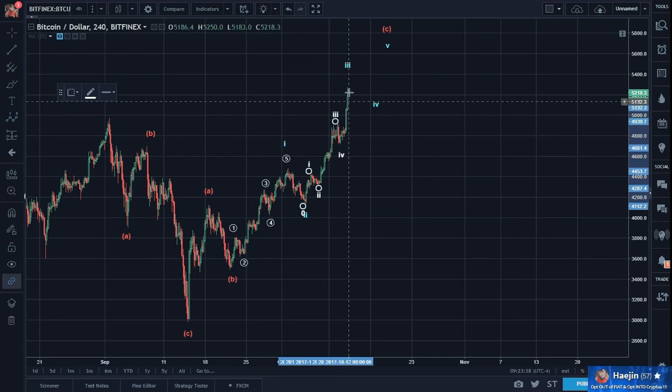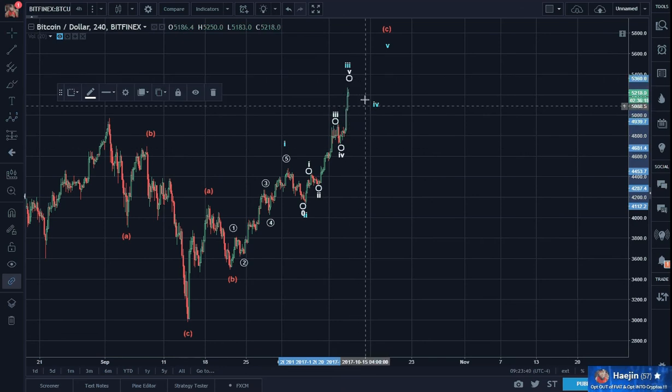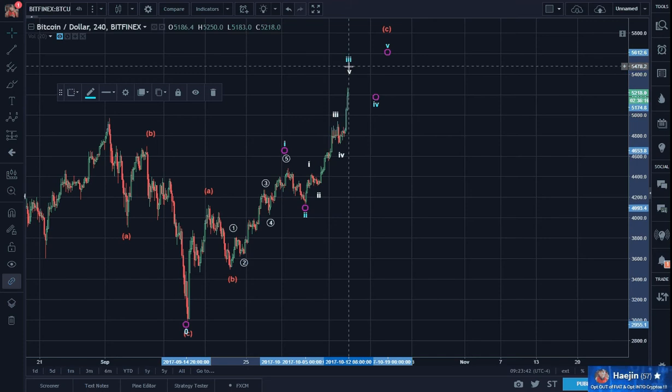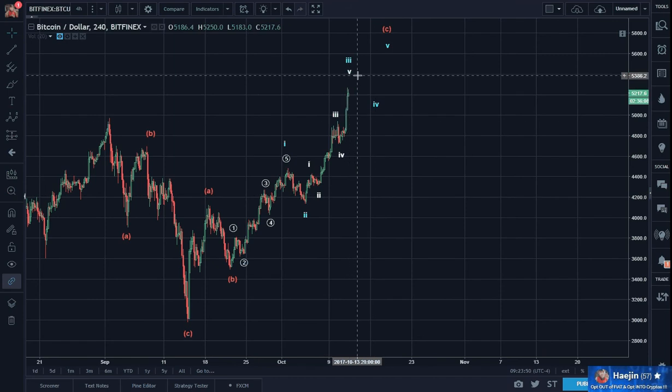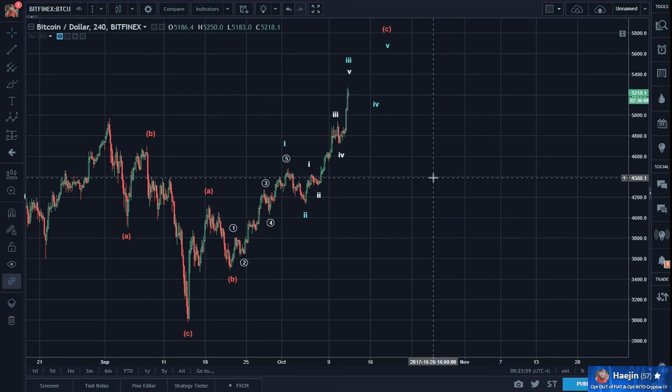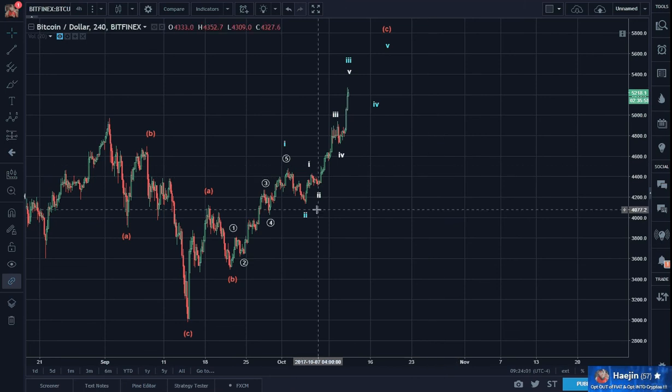We were here last night. 5. It's just screaming up. And I think here 5 will be extended. It is very common, especially to see that in the daily degree of cycle, for wave 5 to be extended.